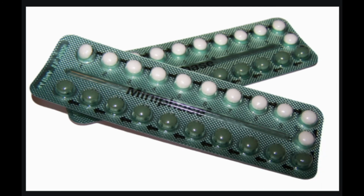If I'm taking the pill? Combination pill. If you start taking the combination pill on the first day of your period, you'll be protected against pregnancy right away. However, if you don't begin your pill pack until after your period has started, you'll need to wait 7 days before having unprotected sex. If you have sex during this time, be sure to use a barrier method, like a condom, for the first